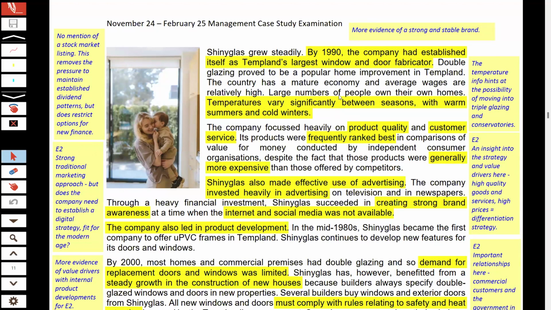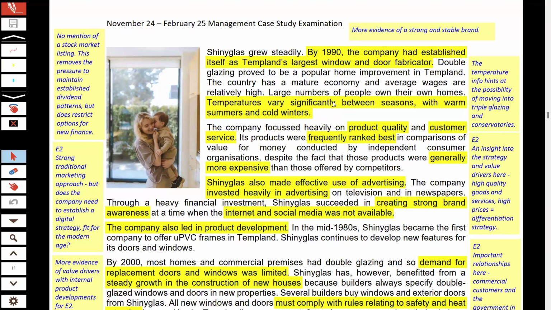And also, if we couple this with temperatures varying significantly between seasons, warm summers and cold winters, then perhaps that opens us up again to thinking about moving into triple glazing, which would benefit from preventing the outflow of heat, but also preventing the inflow of heat in different seasons. People also have decent wages and disposable income. So if there was an opportunity to move into other areas like conservatories or other home improvements,